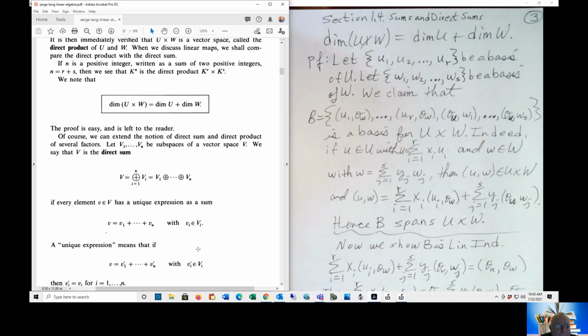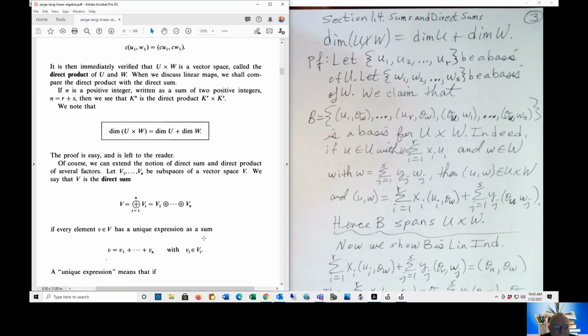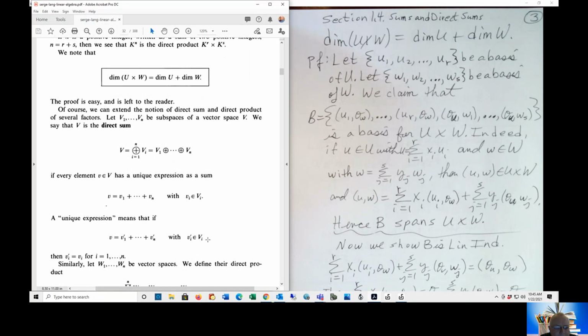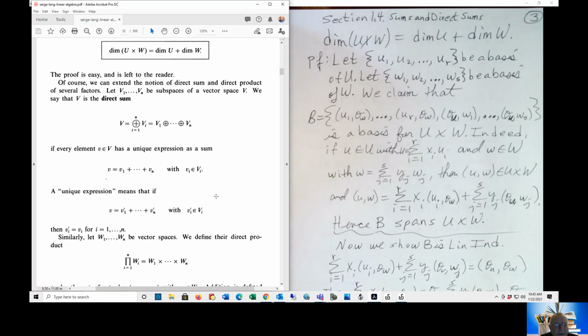The dimension of the direct product of U and W is equal to the dimension of U plus the dimension of W. Now it says the proof is easy and left to the reader. Well, I don't think it's very easy. I have it written out on the right-hand side of your screen. So I want to look at the